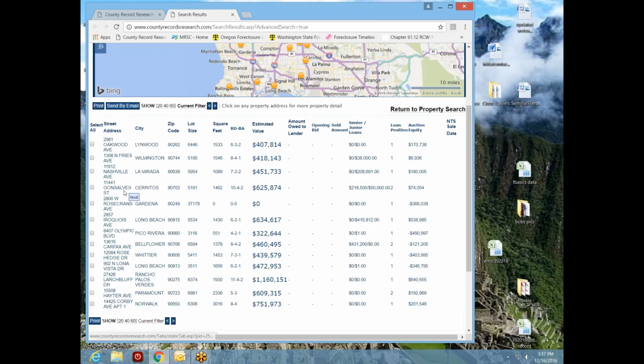Now, this next one on Gonzalez in Cerritos is a second foreclosing. Notice in our senior junior loan column section, we have a first, a slash for the foreclosing second, and a third of $50,000. So we have 3 loans in play. Now our system is comparing the numbers and saying that it's worth $625, and if we add the first and the second together, because the second's foreclosing, your auction equity is about $74,000. Okay, so it's not a lot of room, but more importantly, there's a third of $50,000,